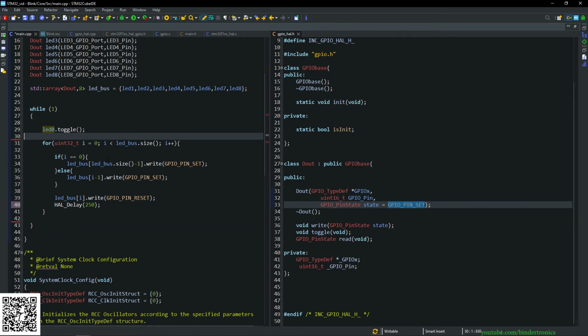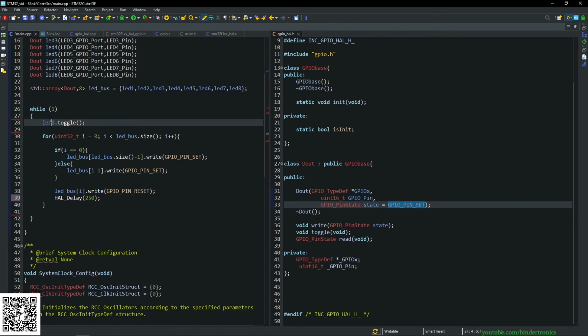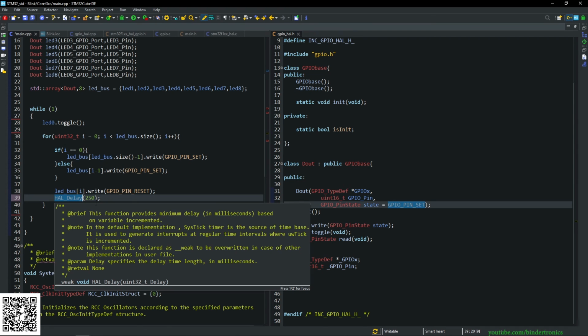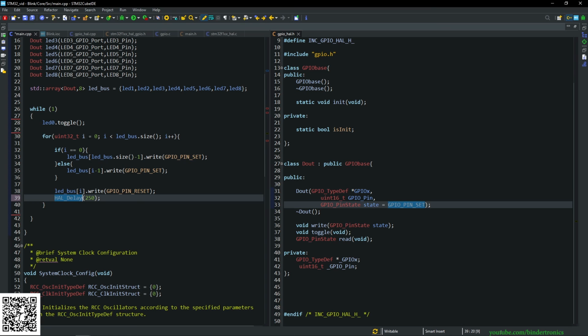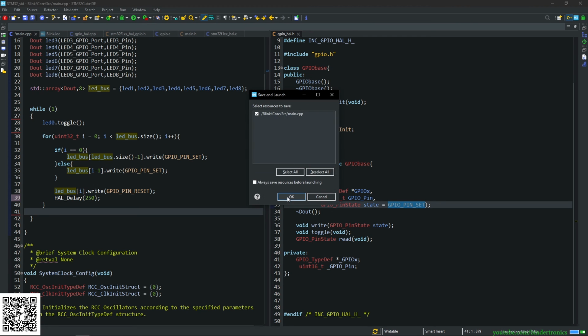On every cycle, we will toggle the LED 0, so the onboard LED. Then we are going to iterate through every 250 milliseconds by switching the previous LED off, and then switching the current LED on and delay 250 milliseconds, and then repeat that for the size of the LED bus, and then Bob's your uncle, we have running LEDs. So we flash that to our